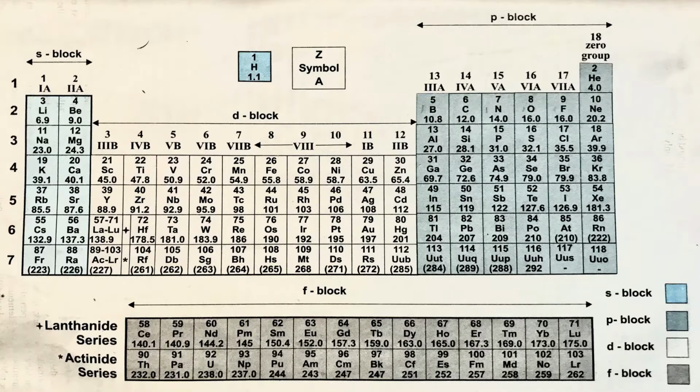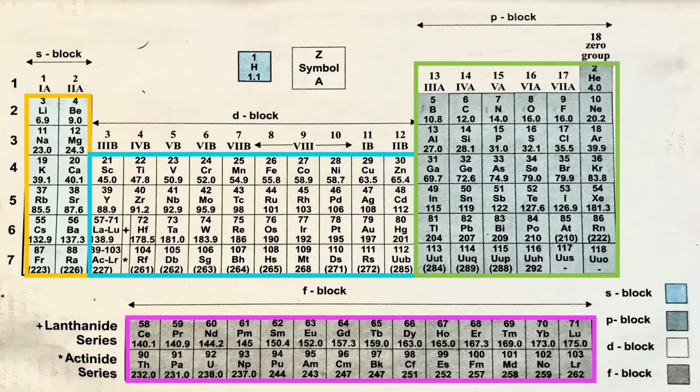Okay, so first of all we will understand how the atomic radius changes as we move across the period, from left to right. For that I have a periodic table over here, and as we all know, this periodic table is basically divided into four different blocks: the S block, the D block, the P block, and the F block. Now, to understand how the atomic radius changes across the period, we need to consider one period for example.